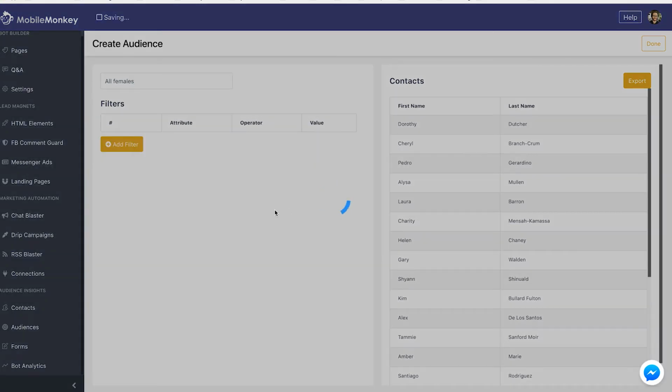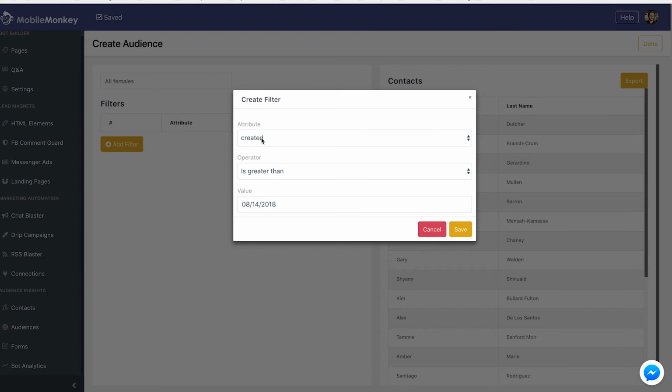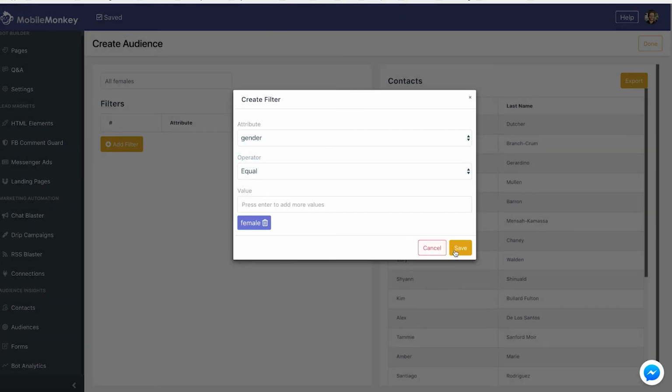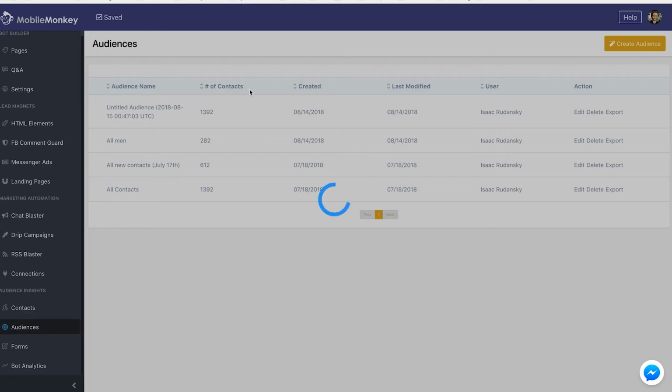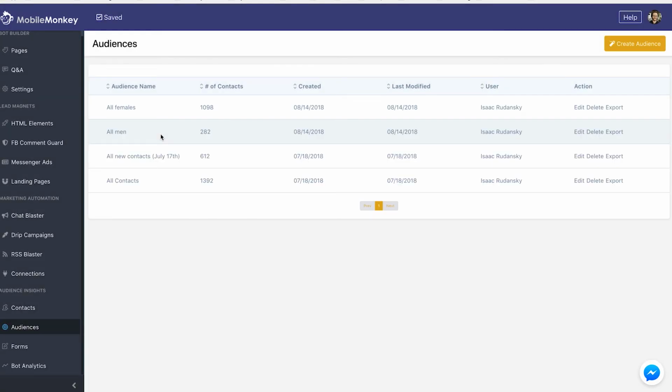Add a filter, attribute, gender, equals, female, save, click done, and now I have another audience for females, and it shows me the number of females on my list. So right off the bat, I see that there's a lot more women responding to my marketing campaigns for this client than there are men, and that already should tell you something about the types of products and the type of marketing you want to be creating